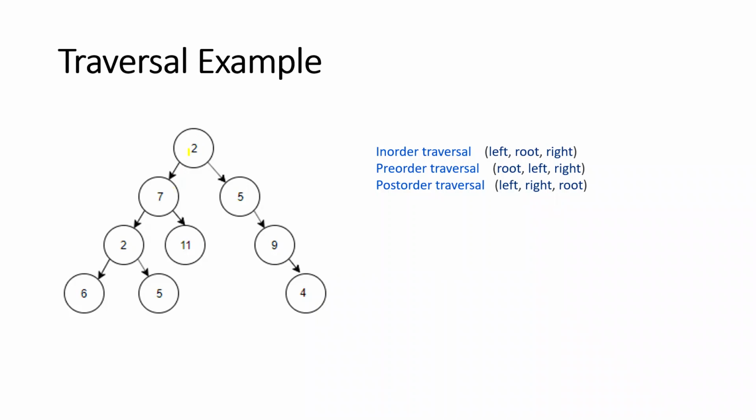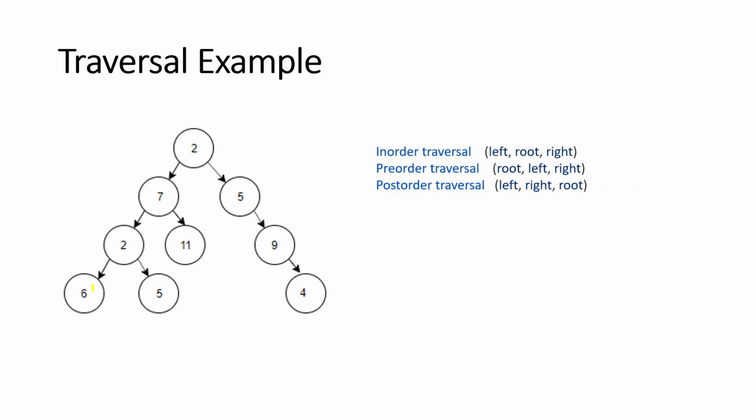Okay. So from 2, it will try to print the left. So left, yeah, we reach 7. Again, having gone to 2, standing at 2 it will go to 6. It will go to 6 and print the 6. Then the right is 5. And 6 is not having a right or left.